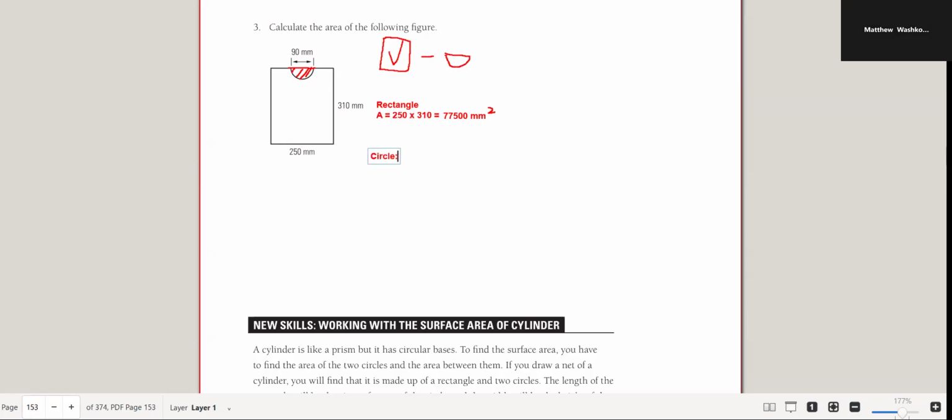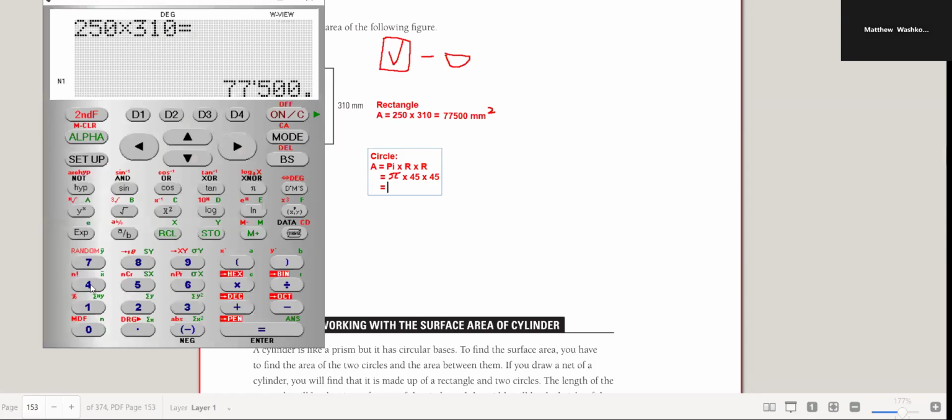So for the circle, my area is equal to pi times r times r. I'm just writing pi; you should be doing the symbol. I'm not going to write it every time just because it's a time sink for me. Because I'm on a PC, you guys have freehand, so you can do it. My radius in this case is, well, if the whole thing's 90, half of that is 45. You bang all those together, 45 times pi